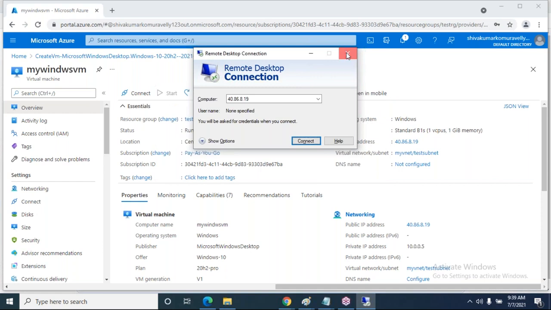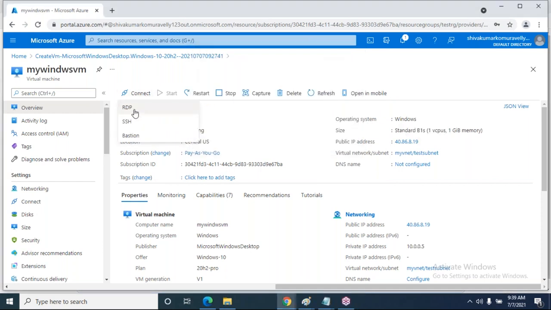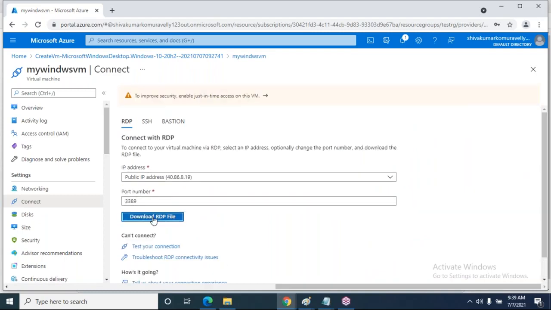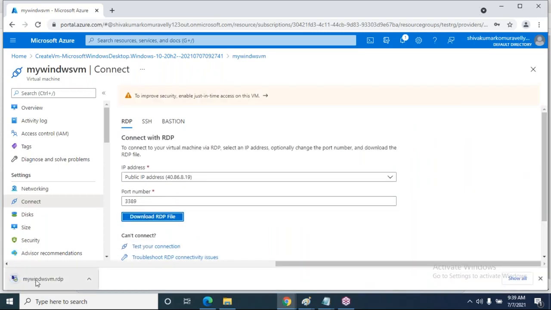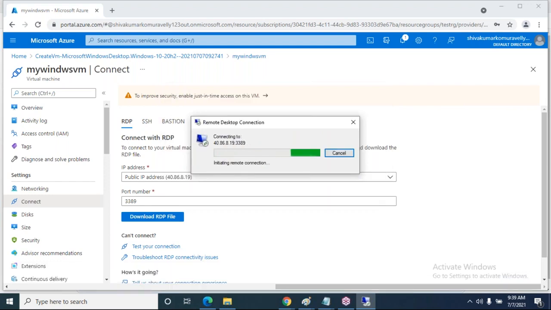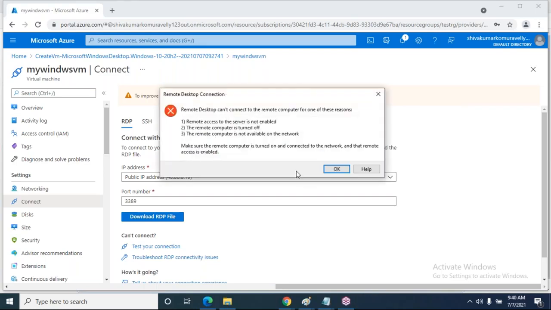Okay, I will connect in the second way. I will download the RDP file, the remote desktop file. Download RDP. Remote desktop cannot connect to remote computer.